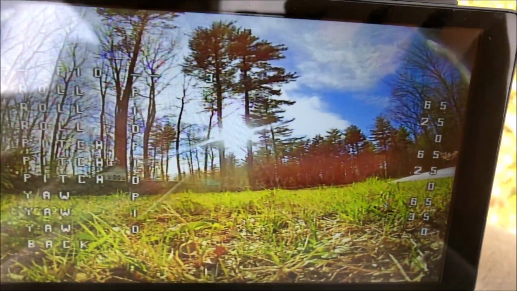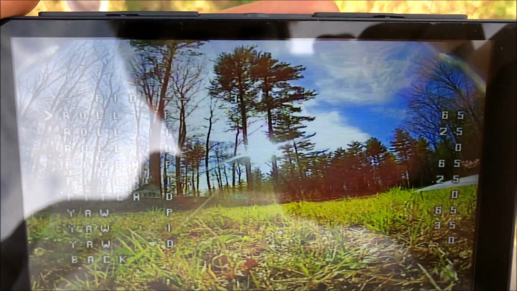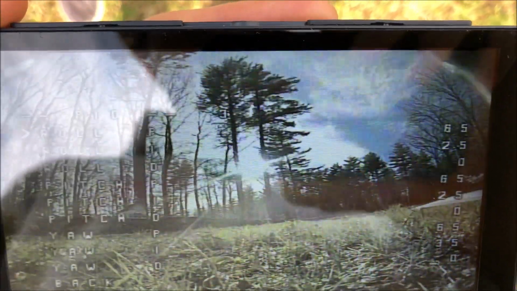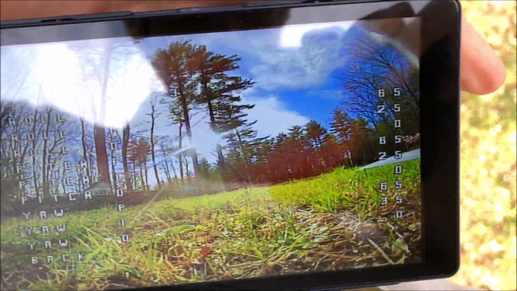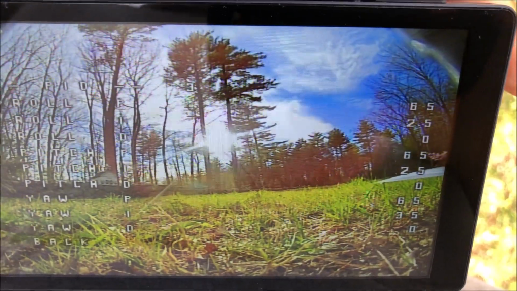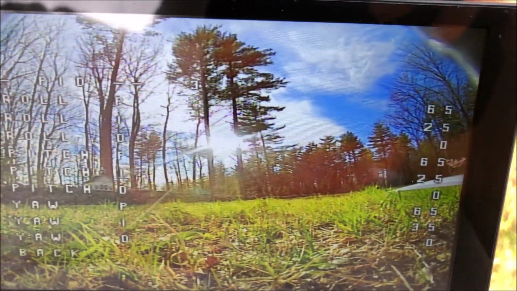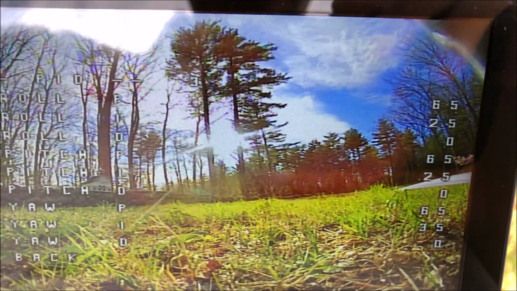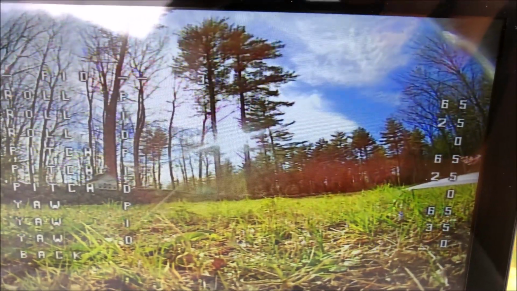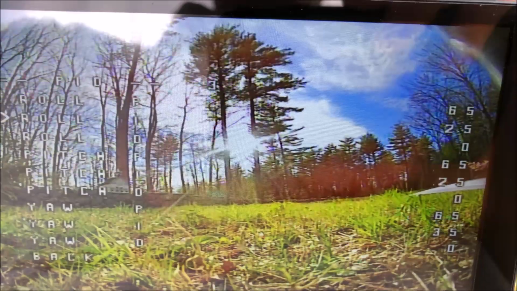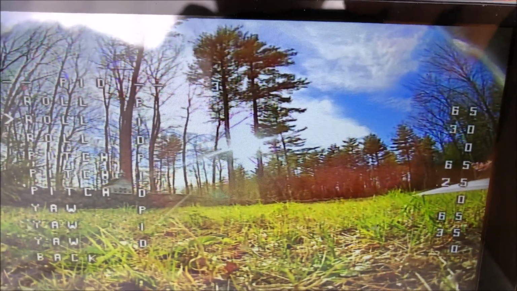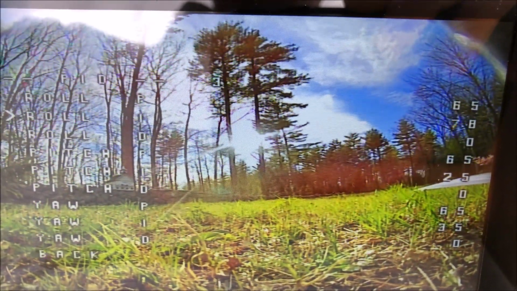We're going to take a look at our PIDs. And what I'd like to see, just for the fun of it, is what happens when we turn our I gain up significantly high. So let's just start with roll, because I want to look at roll. Now let's turn roll up to